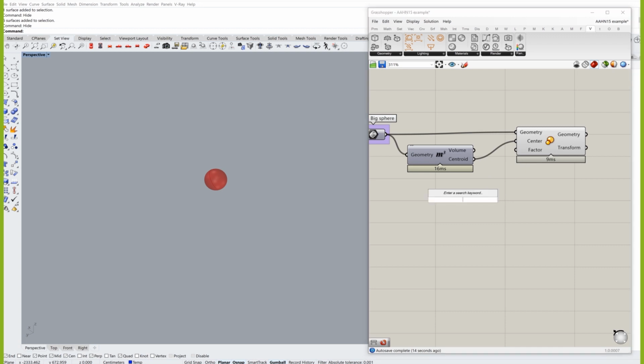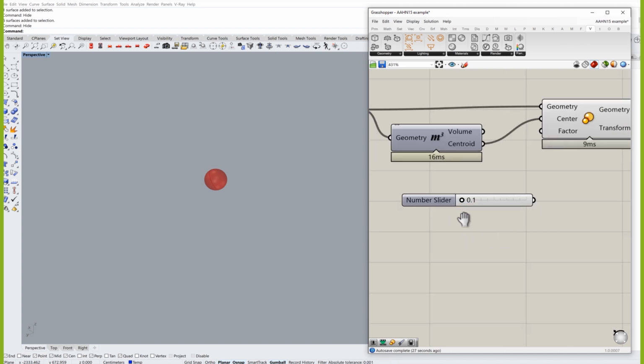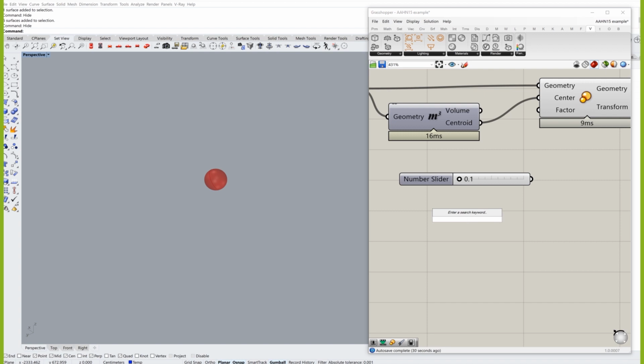And for the factor, I will just create a slider between 0.1 and 2, right? So, okay, I probably should explain that part, right? If you want to create a number slider between two distinct values, the minimum value and the maximum value, the shortcut for doing it is just to write the first value. You know, you double click anywhere on the Grasshopper canvas and you type in 0.1. That's the minimum value of the slider. And then to create a maximum value, you type